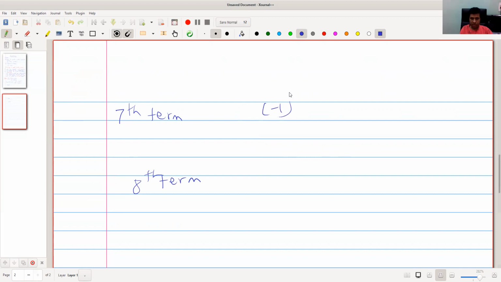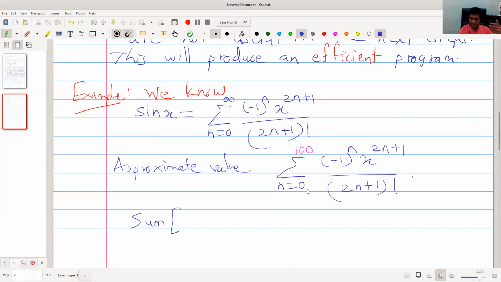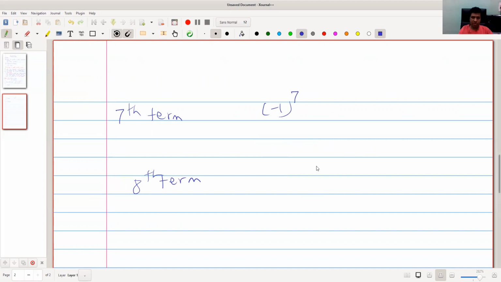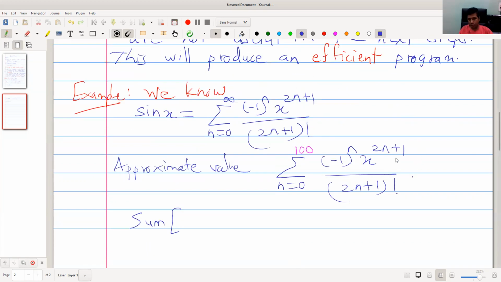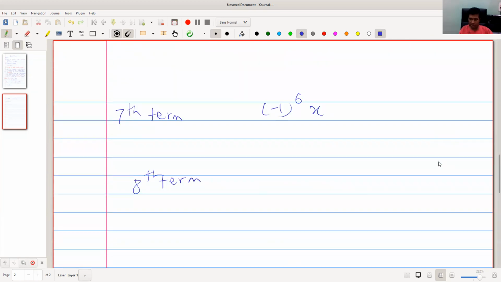It is minus 1 raised to 6, since the first term starts with n equal to 0, x raised to 2 into 6, that is 12 plus 1, 13, divided by 13 factorial.